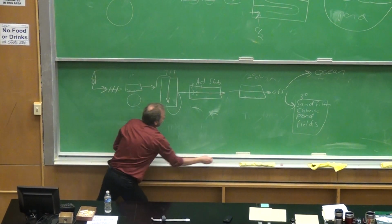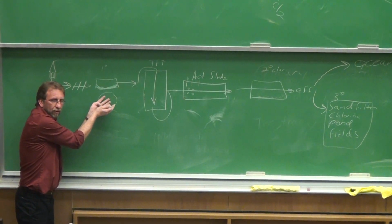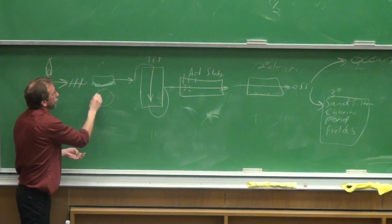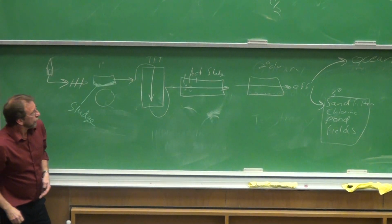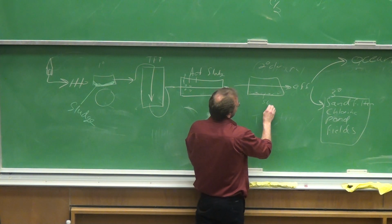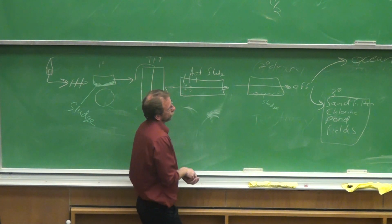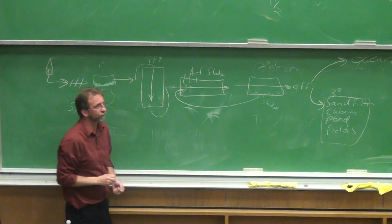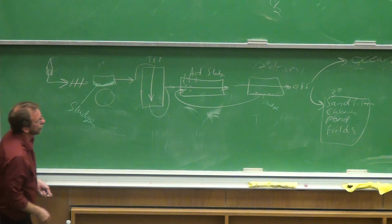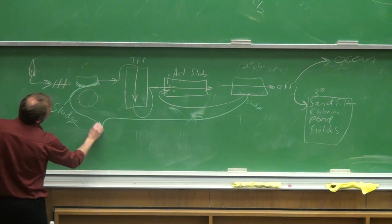Now, a couple of things we want to step back and take a look at. We've got a lot of organic matter built up here. Remember, the first primary treatment was a gravity fed situation, and we let the big stuff settle down. So this is a lot of organic matter, at this point we call it sludge. And then we've got a little bit of it building up over here. Now this stuff here is also sludge, but a lot of that sludge is organisms that have come from the activated sludge tank. So some of this we will bring back into the activated sludge tank just to keep it seeded with organisms, protozoa and bacteria, to break that down. But a lot of this sludge we just want to get rid of as well. So this sludge and this sludge